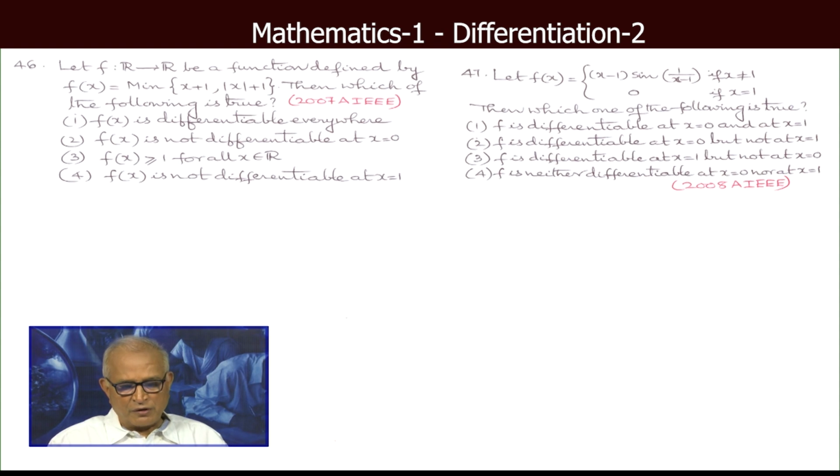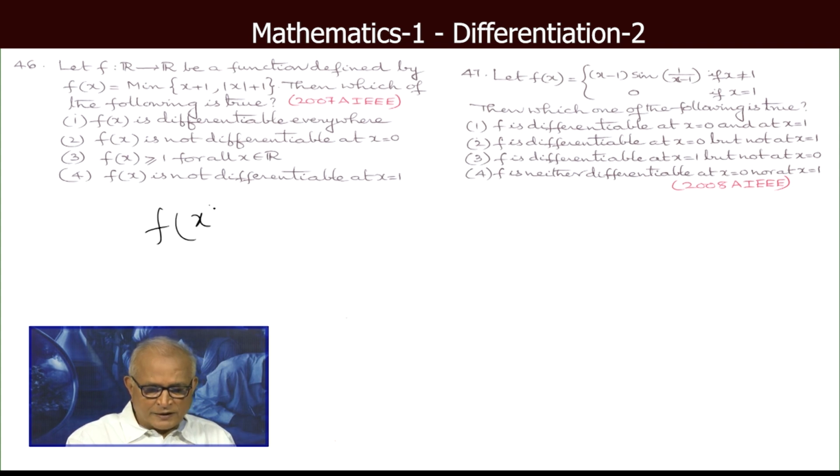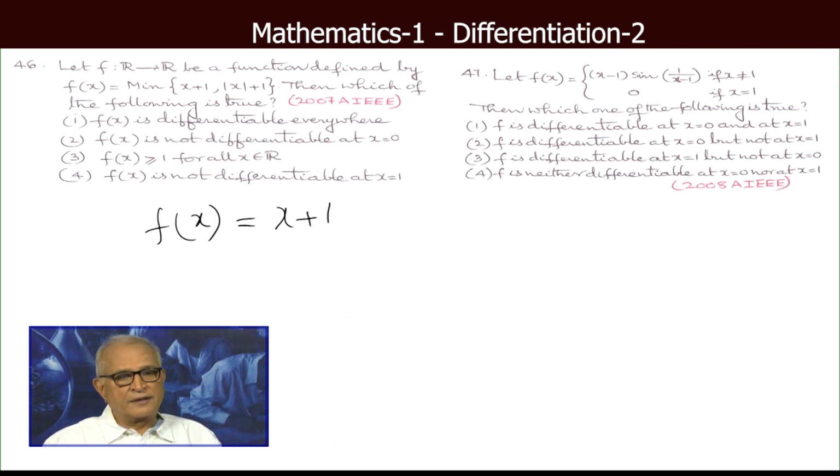46. Let f from R to R be a function defined by f(x) equal to minimum of x plus 1, mod x plus 1. Then which of the following is true? x పాజిటివ్ అయితే x ప్లస్ వన్ అన్నా mod x ప్లస్ వన్ అన్నా ఒకటే కదా. సో x పాజిటివ్ అయితే f(x) ఈక్వల్ టు x ప్లస్ వన్నే, రెండూ మినిమం సేమ్ బికాజ్ బోత్ ఆర్ x ప్లస్ వన్. x నెగిటివ్ అయితే